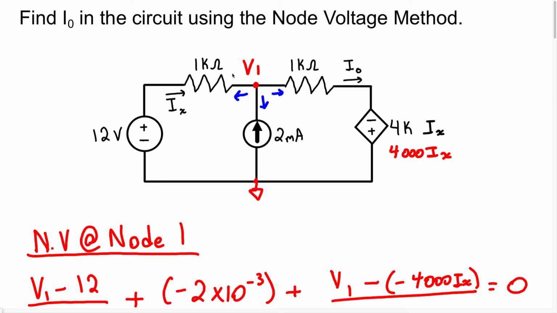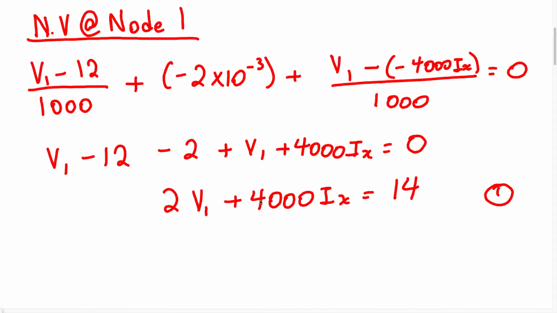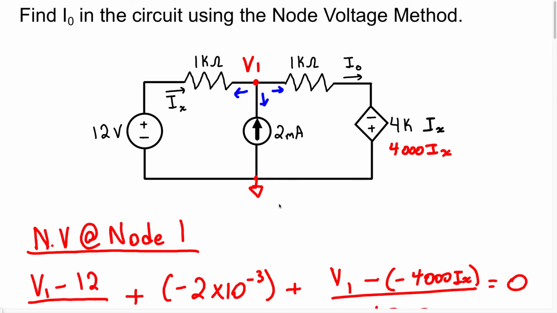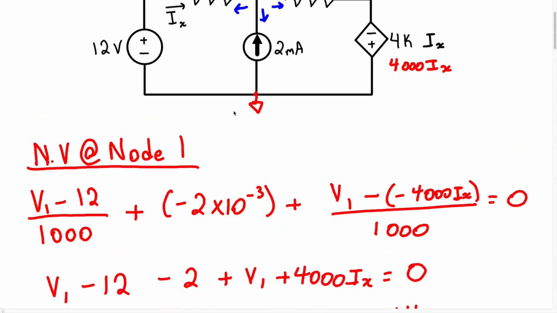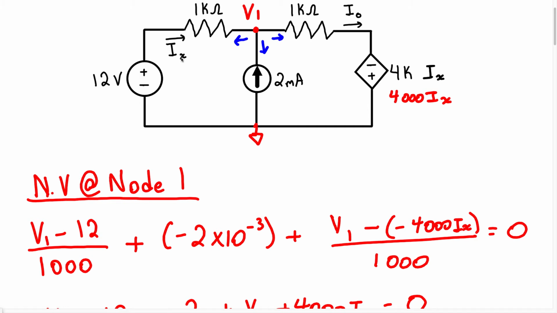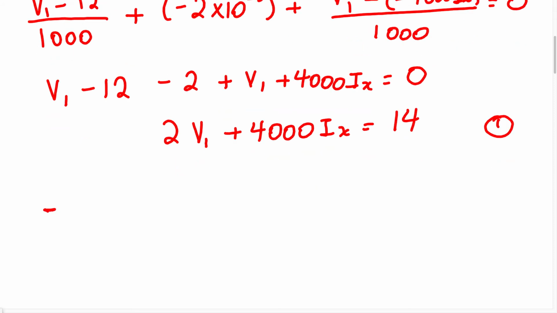Now, when we think about it, if we use KCL, because we don't know IO, this really won't help us too much, especially because IO is not in this first equation. So what we're going to do is write Ix in terms of Ohm's law dealing with these two voltages, because we have V1 already in our first equation and we have Ix, which means this would be the best solution to go with when trying to solve this particular problem. So to find the current Ix, we know that's going to be Ix